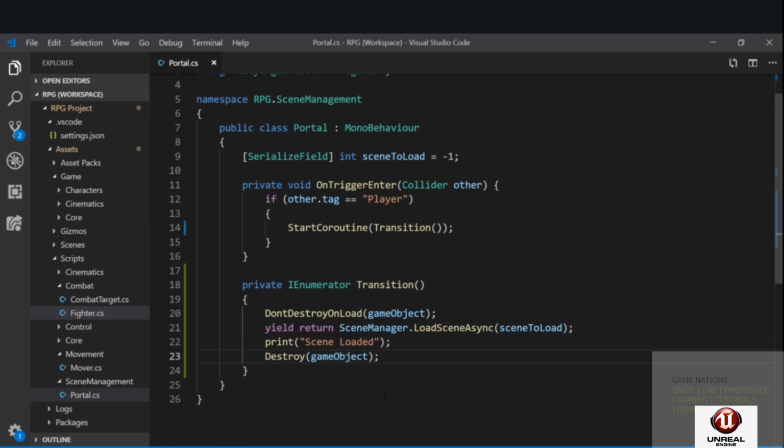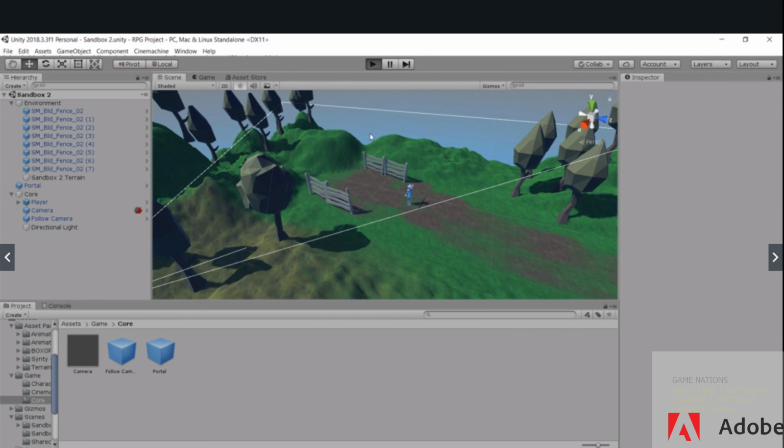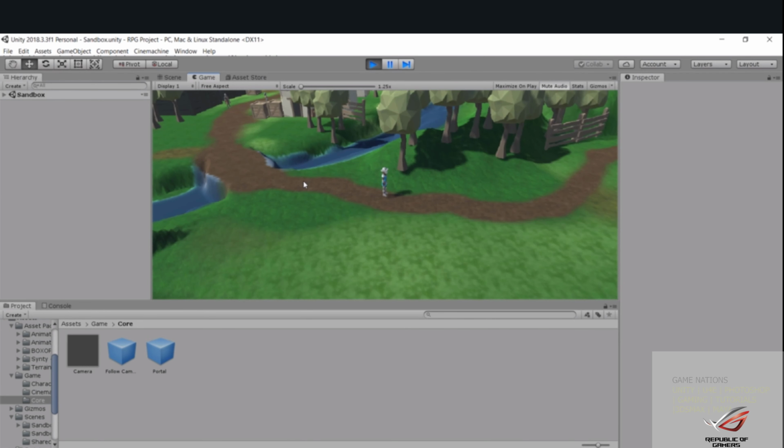Now, DontDestroyOnLoad only works when your game object is at the root of the scene, so it can't be under any other game objects. Now, we will find a way of getting around this in later lectures, but for now, just make sure that your portal is at the root of the scene. So let's give this a go. I would expect that if we walk through this portal, we are going to get a log message on the other side. So walk in, have a look at the console, and sure enough, the scene loaded was printed,